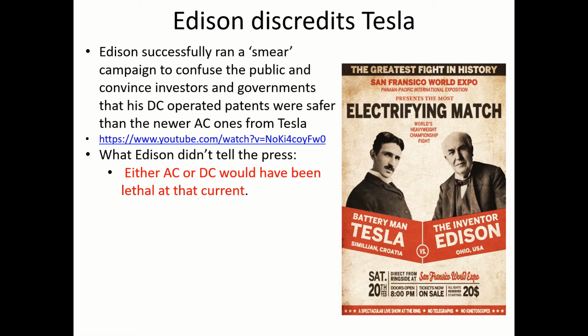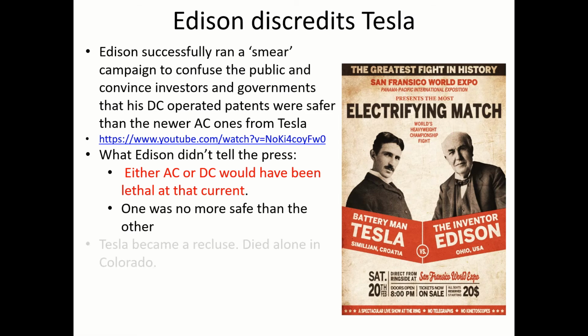If alternating current can murder these massive circus elephants, these massive animals, do you want alternating current in the walls of your home? And because his wealth was so vast, there weren't many people who could compete with him for ad space. And that's what the general population heard. So between that and that very successful smear campaign on Edison's part, attacking Tesla,